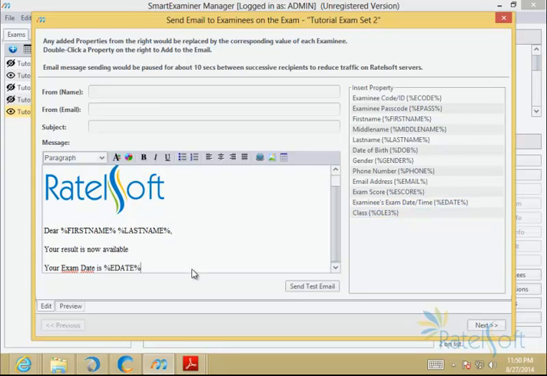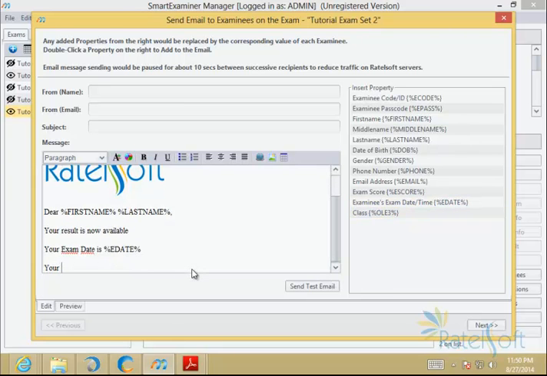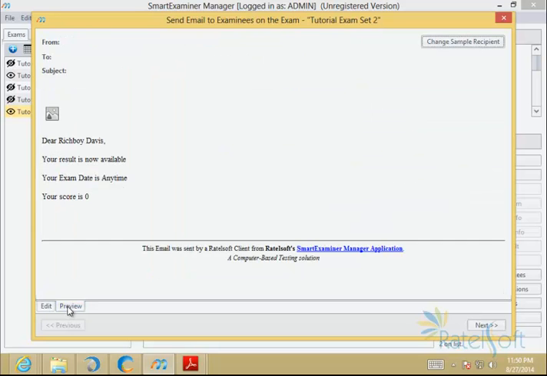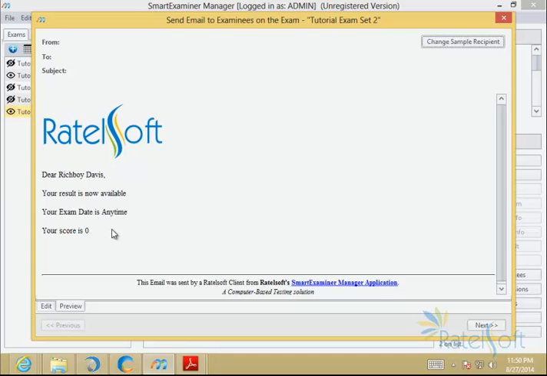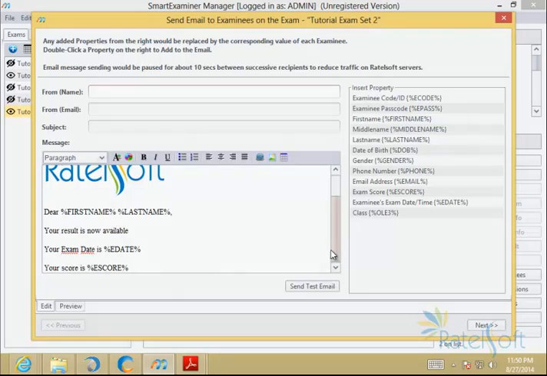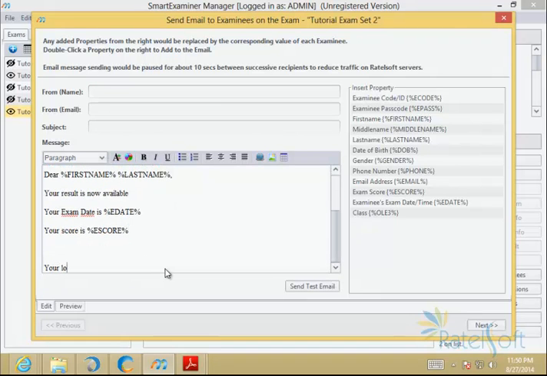Then I say something like your score is, and you put the exam score. You can see your score is 0, your exam date is anytime. But this was set for anytime, so it just shows anytime. If you had set a genuine date and time for the exam, you can make that available, and you can probably put things like your login details are